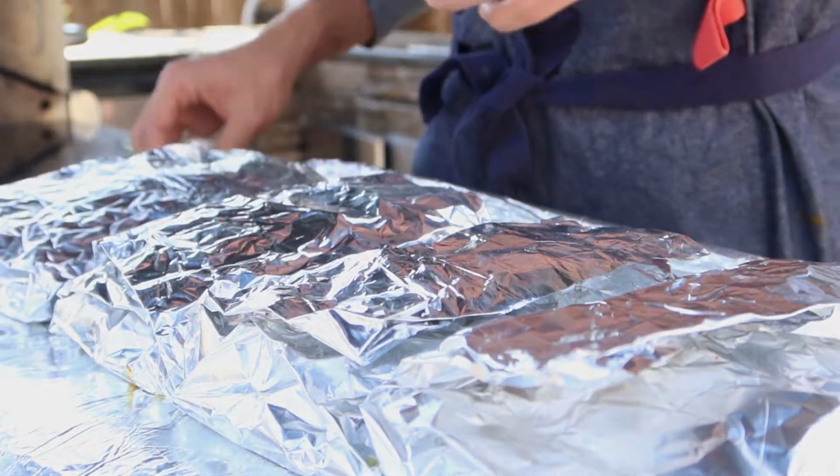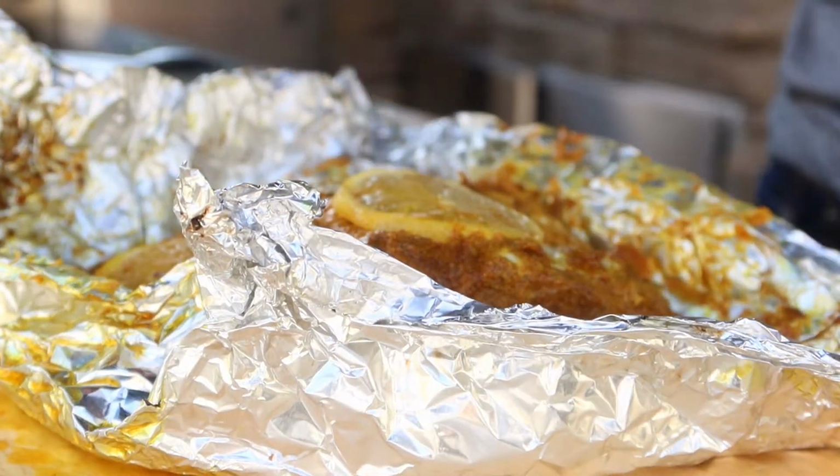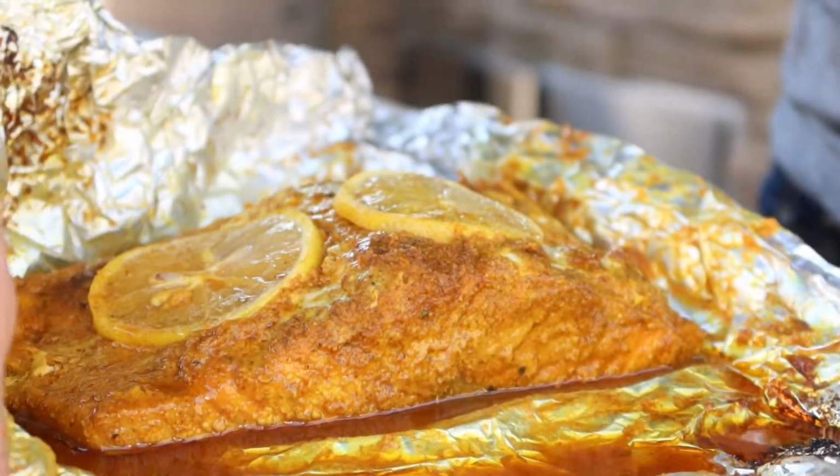Once done, open up the foil. Go ahead and cut your salmon,